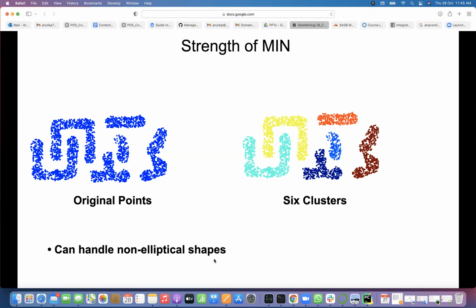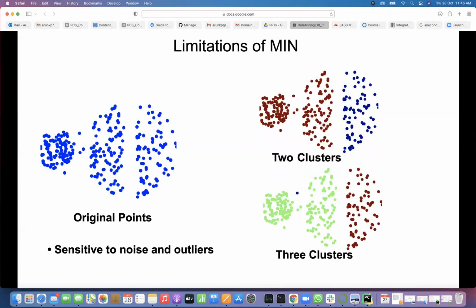Your k-means is always globular, remember. Do you remember yesterday's discussion? Yes. So here, you don't need to have original clusters globular. You are still getting very good results if you use this min in hierarchical clustering. What is the limitation of min? Original point: sensitive to noise and outliers. If one point is noise, but that is close to some cluster, then that will be added to the cluster, right? So sensitive to noise and outliers.